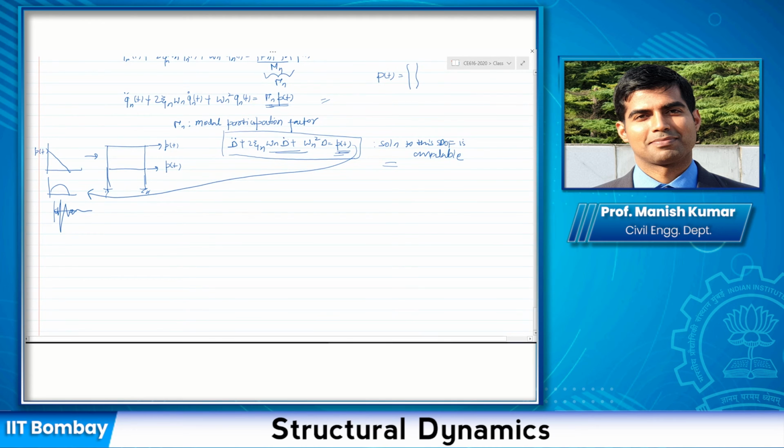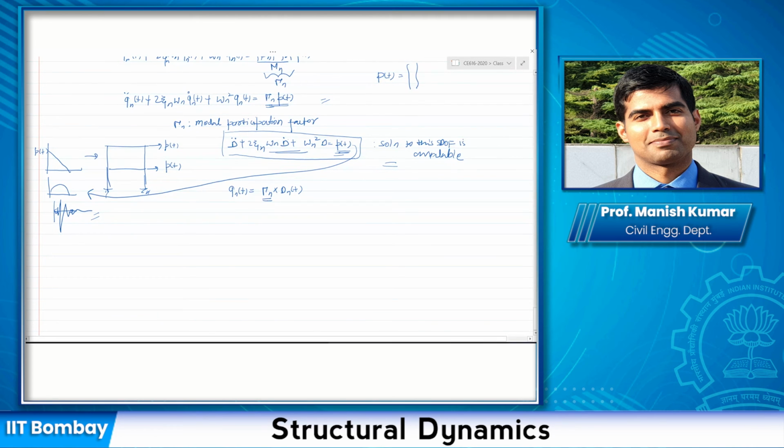So this is D dot and this is D here. So this is available. If you want to find out Q n t for a multiple degree of freedom system, it would be nothing but this factor accounting for the distribution of the total force in the nth mode times the standard results that you have available here. Let us say this is D n t you obtain.